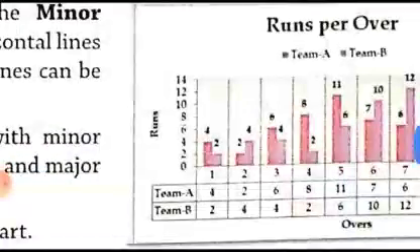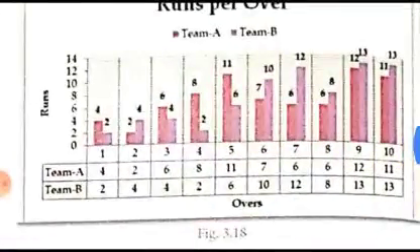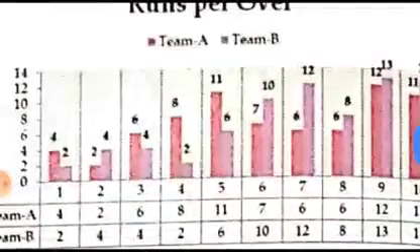In this way you will see that for the values on the x-axis, what is the x-axis having? The x-axis has the values of overs. We have seen that. So for the major values of the overs, we have drawn the major vertical grid lines. The minor grid lines are not very clearly visible here.